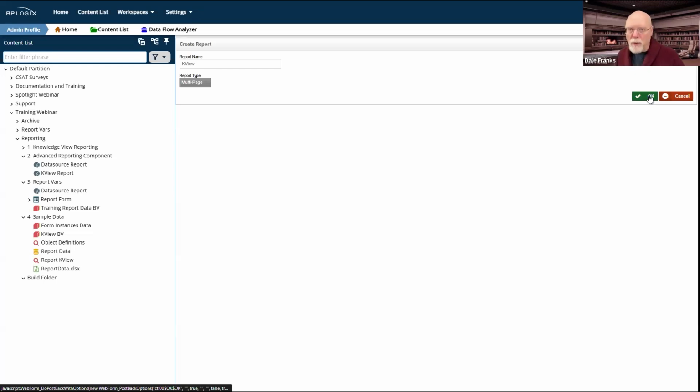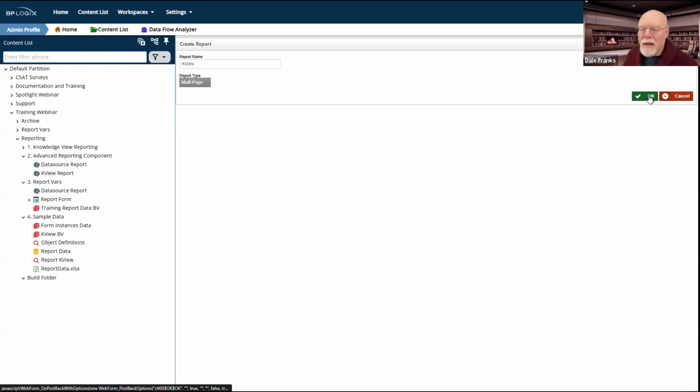So we're going to want a multi-page report because it's going to be a 70-page long report, and you're not going to be able to toss that into a dashboard as a single page report, because both the dashboard and the portlet style reports are single page reports. Although, here's the thing. Those are just formats to kind of make things convenient for you. You can show any type of report in a dashboard or in a portlet, or as we'll see at the end of the webinar, on a form.